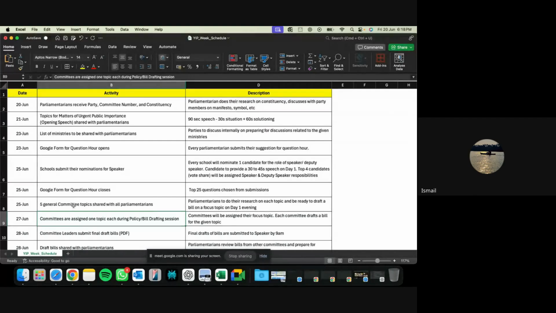Hello, sir. The committee number and the party number will be different? Yes, they're different. The number of committees is fixed as 5. The number of parties we've still not announced as a certain amount, but yes, they are different numbers. Committee is different from party. Party will have one WhatsApp group. Committee will have a different WhatsApp group.